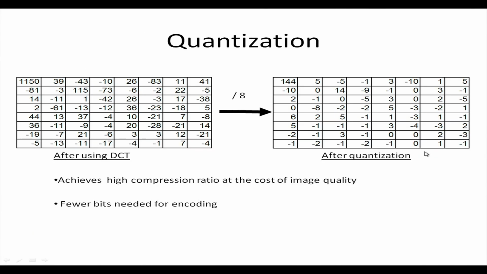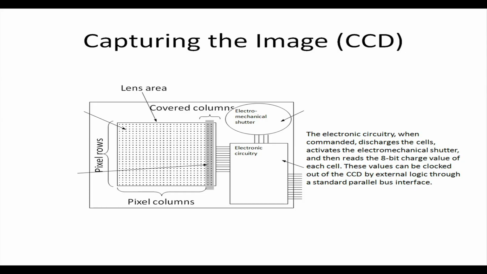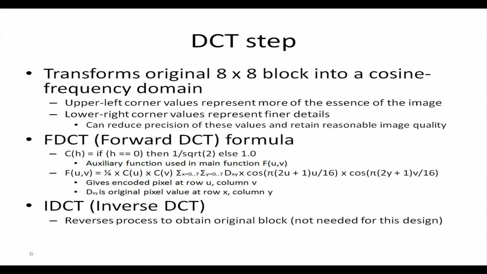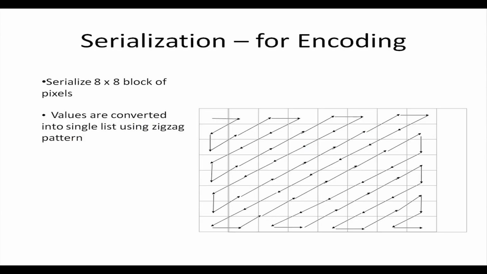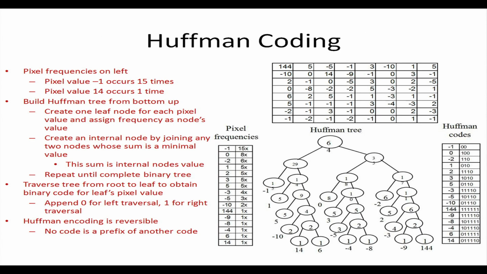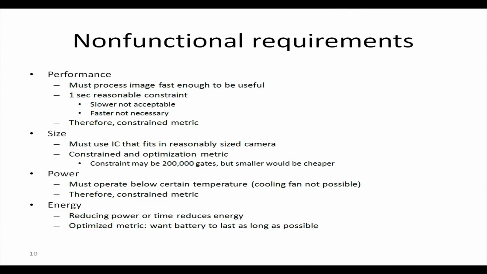So, once again I repeat what we are doing. We are capturing the image, compressing the image using DCT, I am quantizing them, then serializing them and I am encoding them. Now, in the next lecture, we will see how these functions can be captured through a design. Okay, we have to implement it through an embedded system design. So, just to start with,